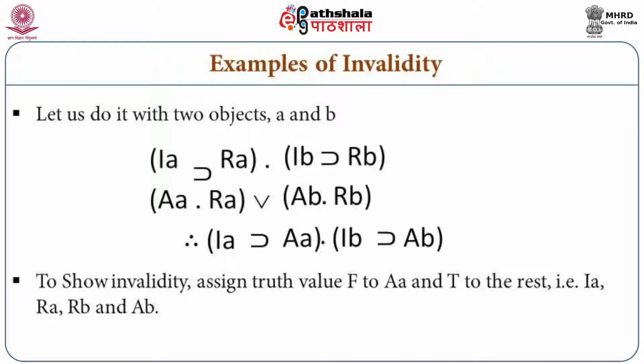The rest we can assign T, meaning true, to all the other atomic sentences. So in which case we will be able to show that all the premises are true and yet the conclusion is false. So if we have two models, then we can show the invalidity of these arguments. We have just done the first part, that is employing model semantics, using models instead of truth tables to show